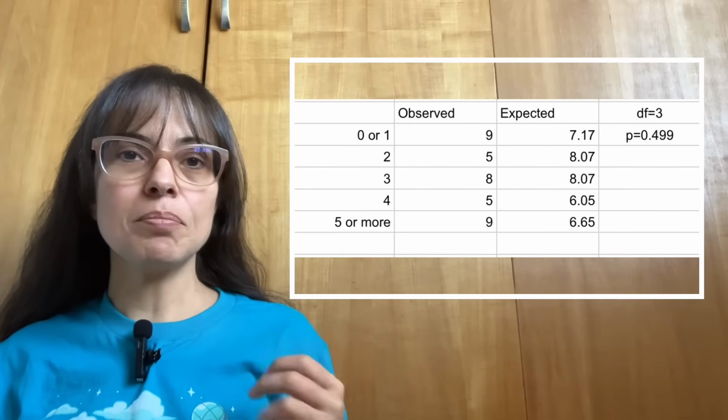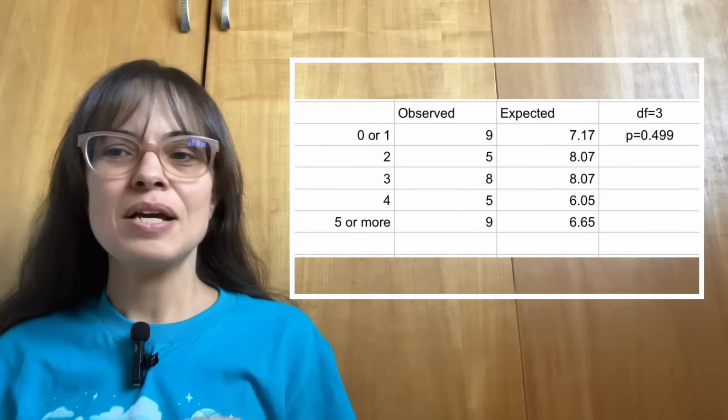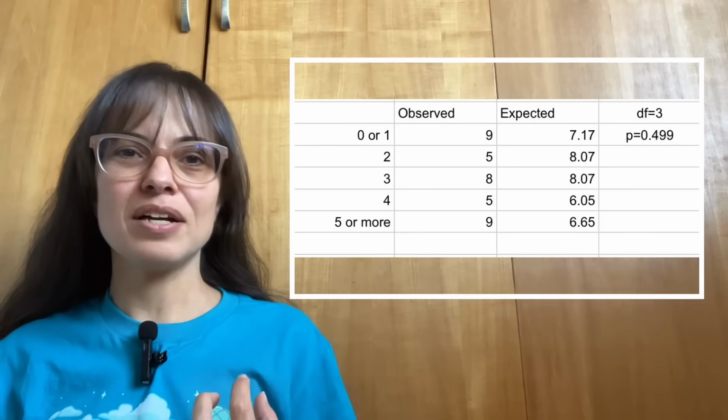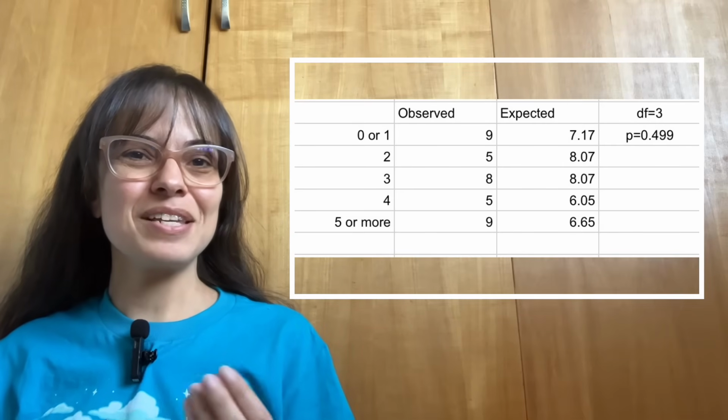But my choice in this moment was that I didn't want to do that, because I feel subjectively that 0 and 1 is a lot more different than, say, 1 and 2, because 0 is like no phone calls at all. 1 and 2 are both like very few phone calls. It's a bigger difference that maybe I don't want to lump together. So instead of that, my choice was to just increase the number of days.